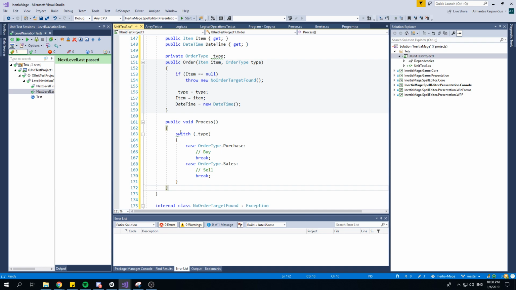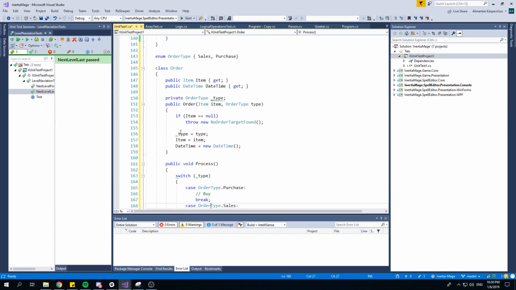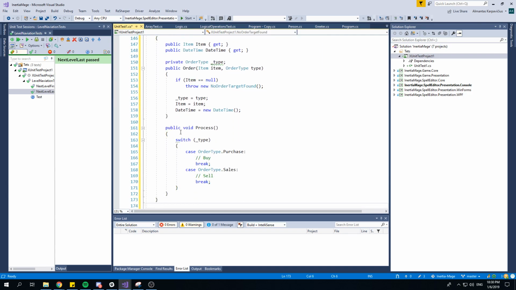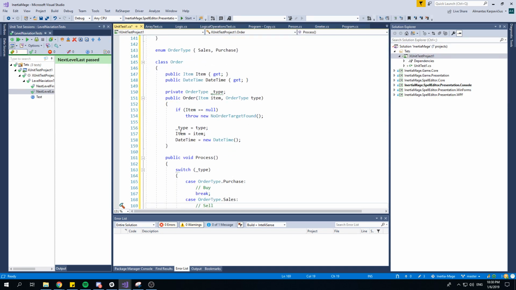So we have order. We could do an inheritance-based approach where we have a base order and then we have sales order and then we have purchase order, instead of having an enum and letting polymorphism handle it. So this whole statement would go away and this method would be abstract and this class would also be abstract. So that's one way to do it. But there is also a rule saying that you should prefer composition over inheritance. So